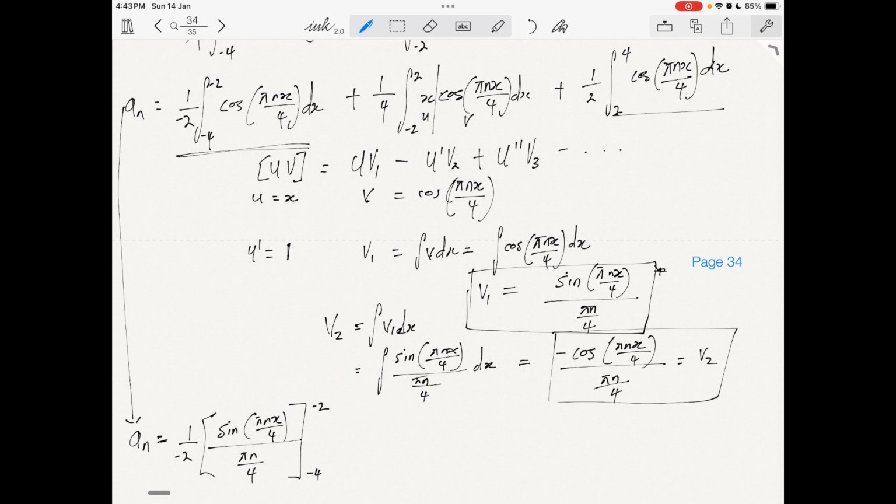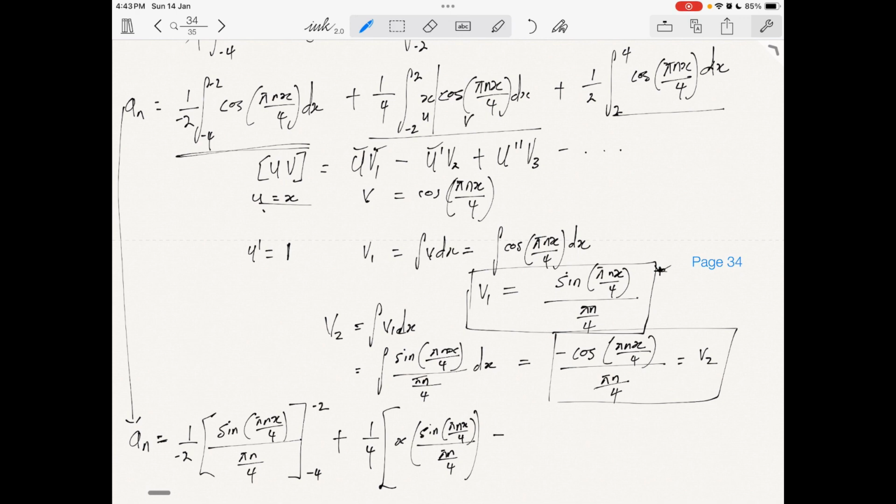That means we are done with this part. Then let's proceed to the next part, where we have plus 1 over 4, and integrating x cos(πnx/4), we will apply u, this is x, into v1, which is sin(πnx/4) divided by πn/4,